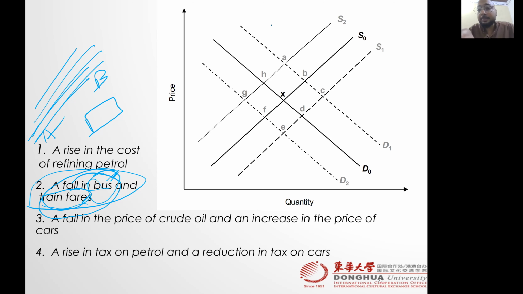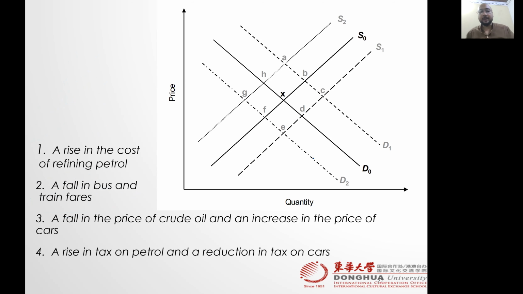So what will happen to the petrol market? There will be a drop in demand. Well done. And more supply? Not more supply. But there is a fall in the price of crude oil? No, the question didn't mention that there is a fall in the price of crude oil. Oh, I thought we were talking about number 3. Oh, okay. It's still number 2. So demand